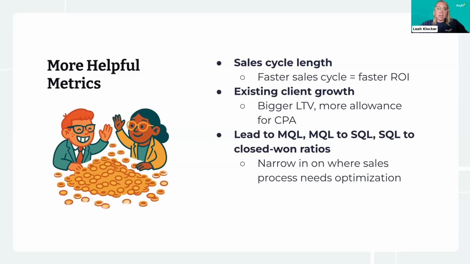And so finally, one of the most telling sets of numbers is the lead to MQL, MQL to SQL, and SQL to closed won ratios. These show you where your leads are getting stuck or falling off. If you're generating a lot of MQLs, but only a few become SQLs, that's a signal. Either the leads aren't qualified or that handoff needs work. Having these stages defined and measured gives your team the ability to intervene and make those improvements. So takeaway on these metrics, they help you identify where the friction is, and that's how you make targeted improvements.